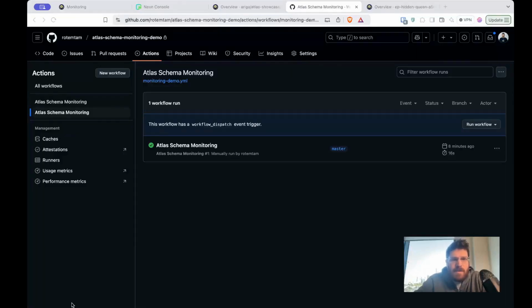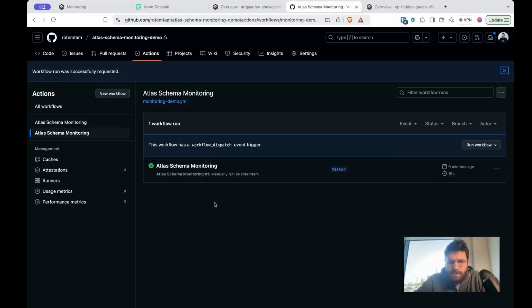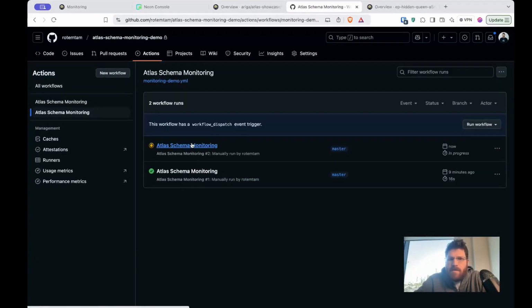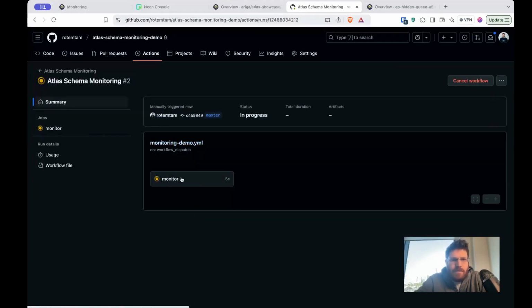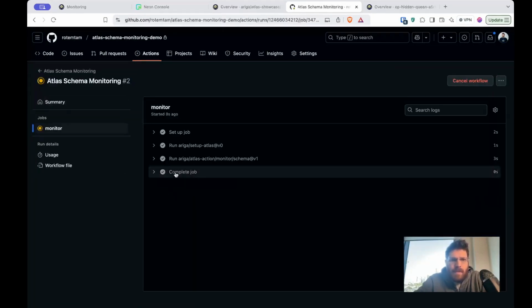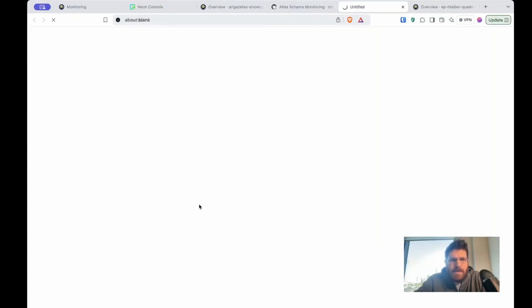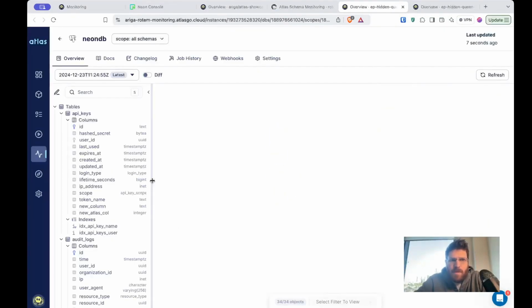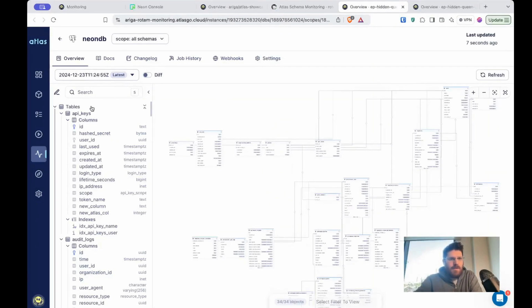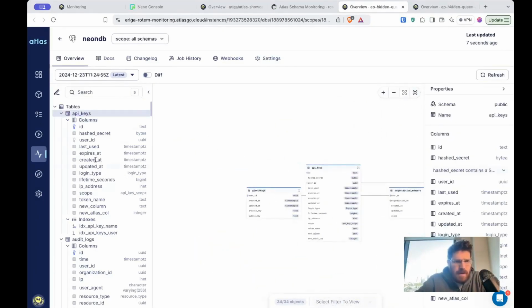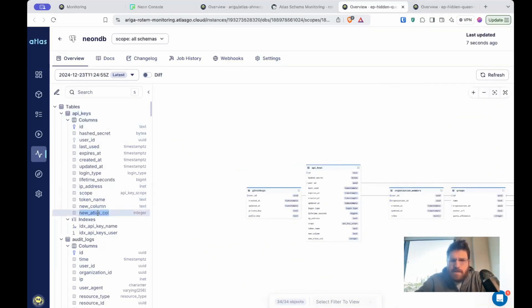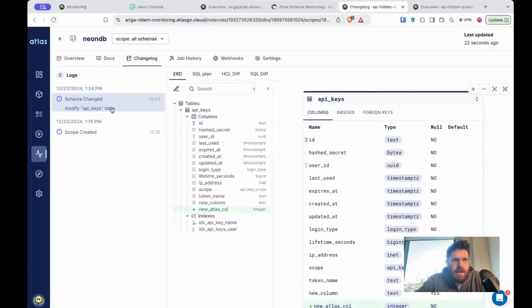Once our database schema has changed, we can now rerun the workflow to see what Atlas schema monitoring will do. This takes a few seconds to run, and when it completes, we can see the link to the schema monitoring dashboards. Now let's go to our API keys table, and we will find the new Atlas column that we have added. Additionally, we can see this via the changelog, and we can see that